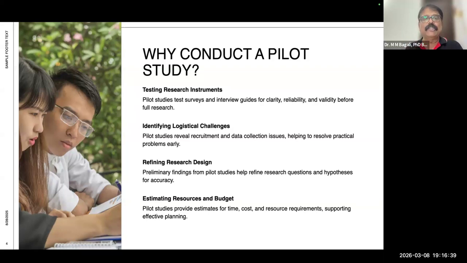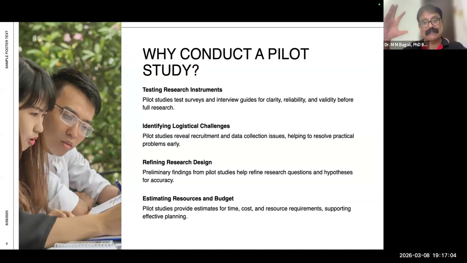One thing, let me remind you, there are three important elements in your research design. The first element is your research questions. Do remember that if you have two research questions, you should have two research objectives, and two research hypotheses.